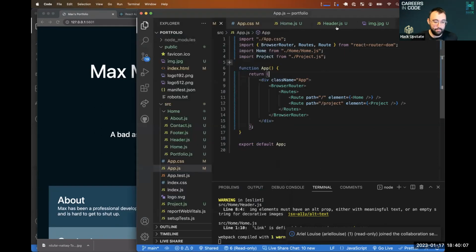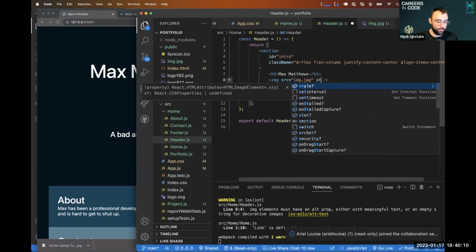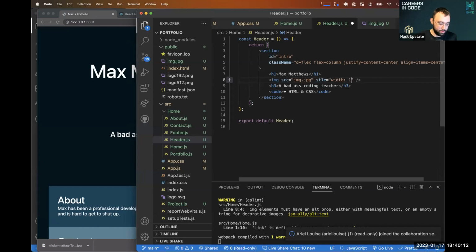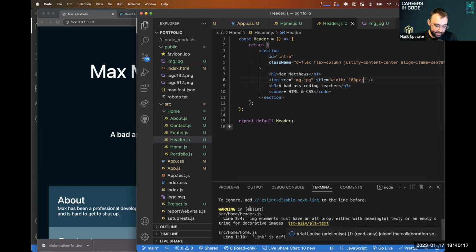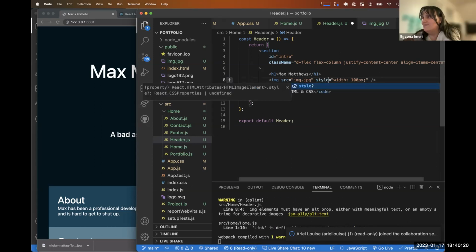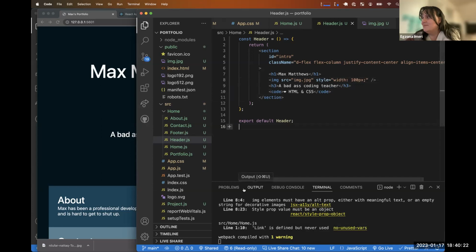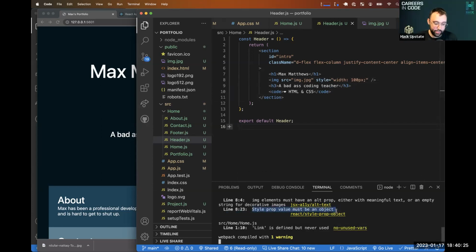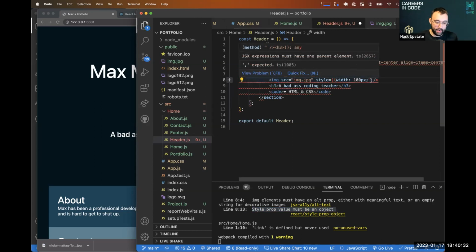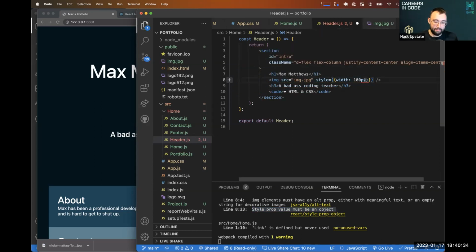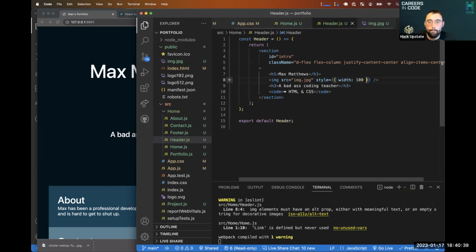If I do that same thing over here, I get an error message that says style prop must be an object. What that means is that I need to surround this with an object and then convert it like that. Okay. So you wouldn't do it in the